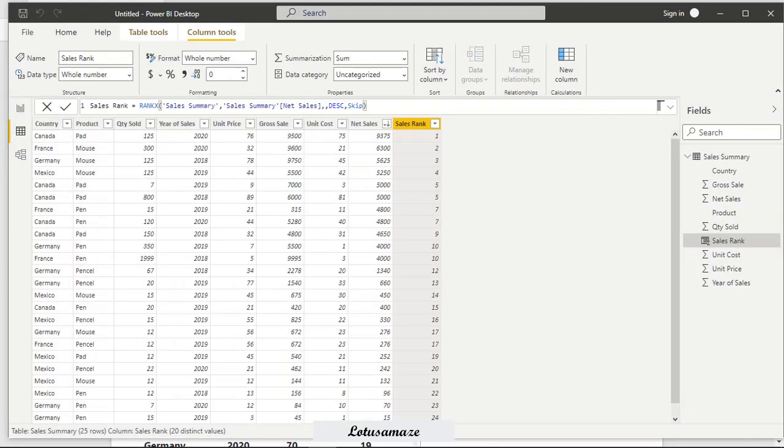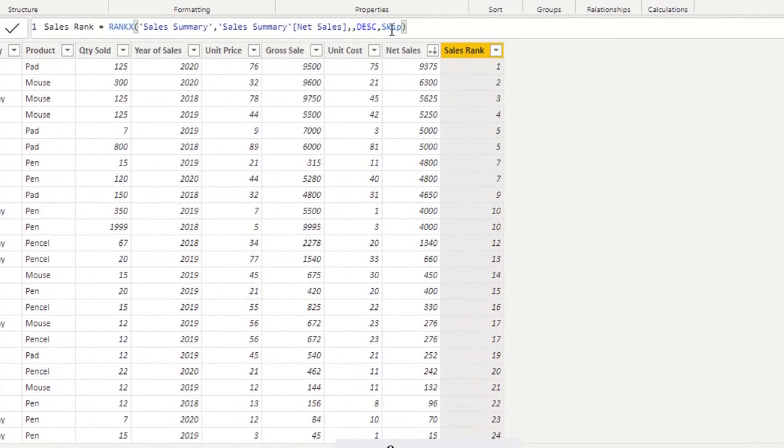Now back to Power BI. In this function we have skip and that is the default, and if we change it to dense, then execute. Now we can observe the ranking number does not skip. 5 for the same figure and the next ranking number starts from the 6. Then same case with the 276, 276, 14, 14 and the next ranking number starts from the 15. So this is how you can use the rank X function in the column.